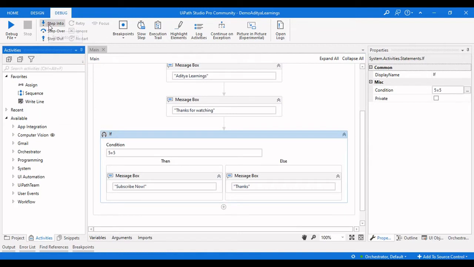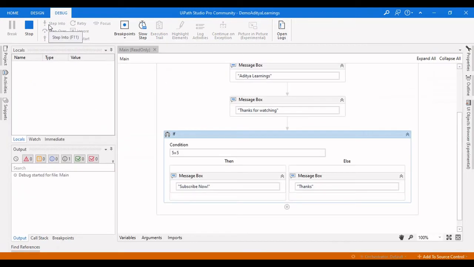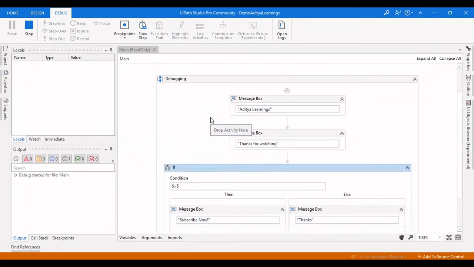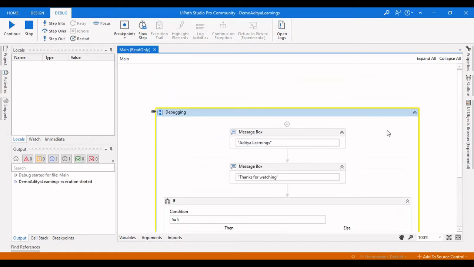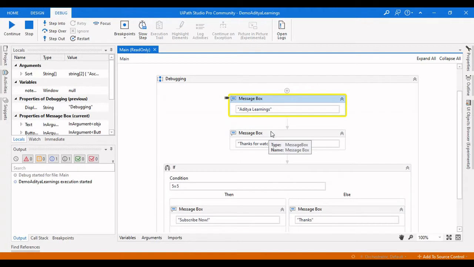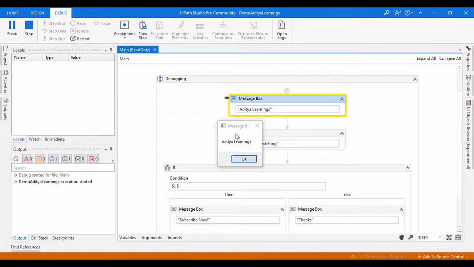So here if I click on step into, without clicking on the debug file or the run file, the process execution starts, and it will show you the highlighting as well, showing which activity it is on now. If you click on step into, it will jump into the next activity. If it is executed perfectly, then it will go to the next activity, or else it will show you the error there.